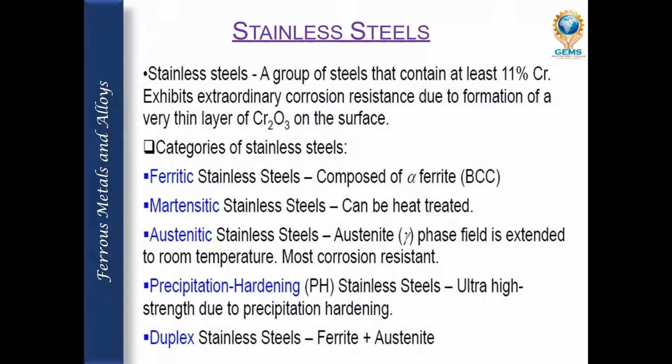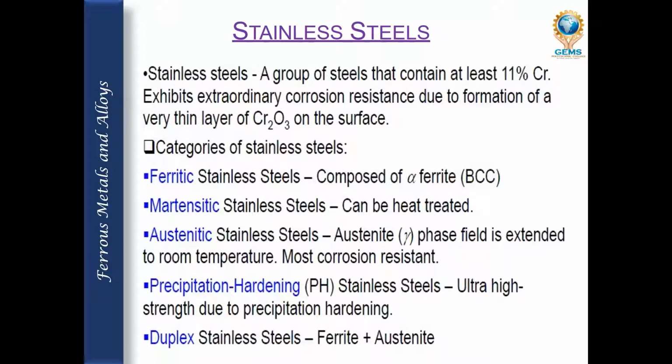Resistance to corrosion and staining, low maintenance and familiar luster make stainless steel an ideal material for many applications where both the strength of the steel and corrosion resistance are required. We all know what stainless steel is. Even the utensils that we use in our house are stainless steel, and even some rings are made of stainless steel. These stainless steel materials are corrosion resistant and away from rust. Even if you use them in salt water, or where salt is present, they will not be corroded or rusted.